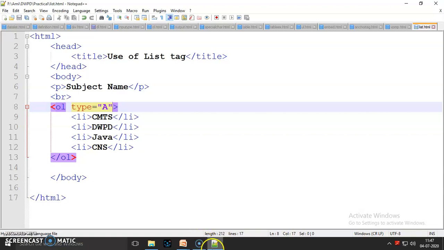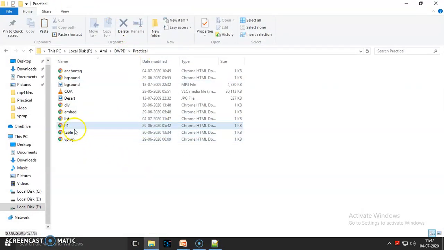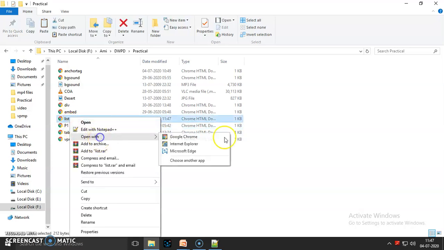Now run this file. List.html opened with Google Chrome. So here my list is created using alphabetical order A, B, C, D.